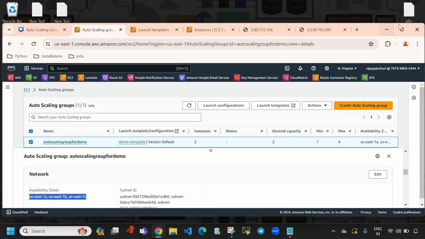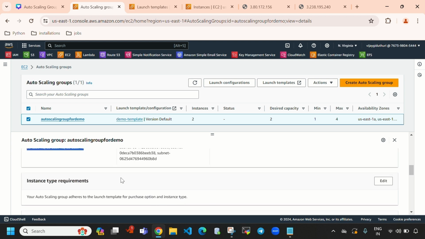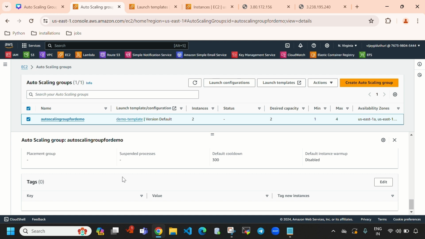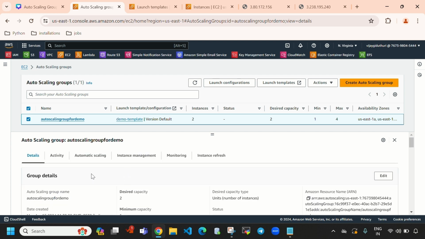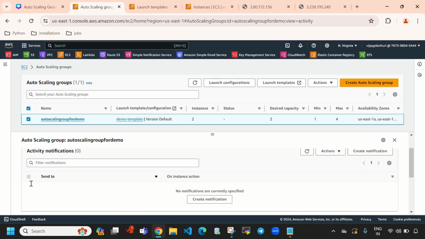So let's come to auto scaling groups again, and this is our subnet ID. These are our 3 subnet IDs. And we have not given anything like load balancers here. So let's come to activity. In the activity section, here you can see